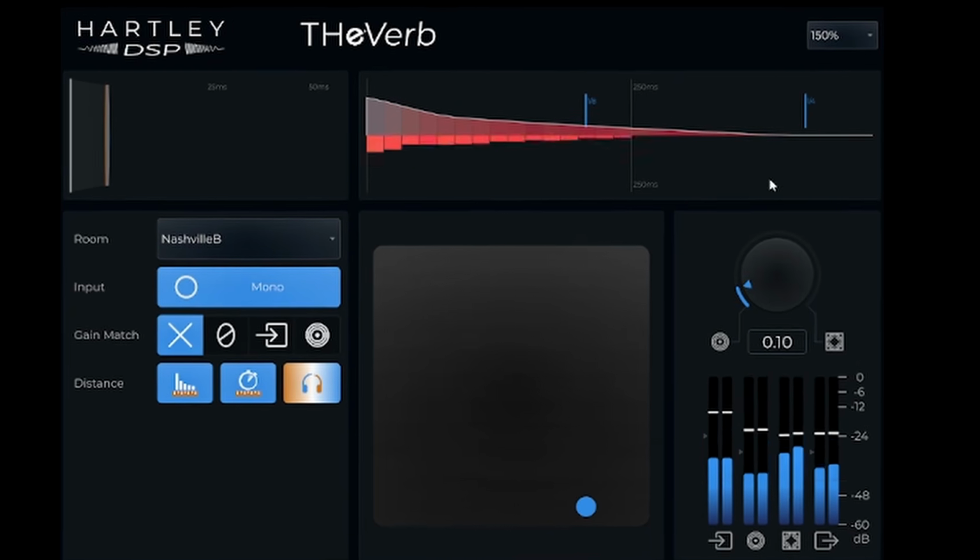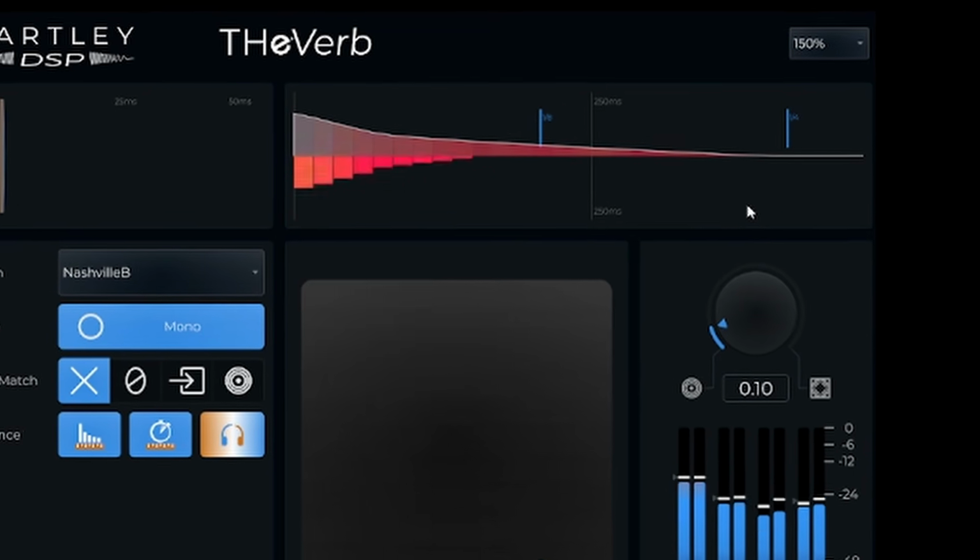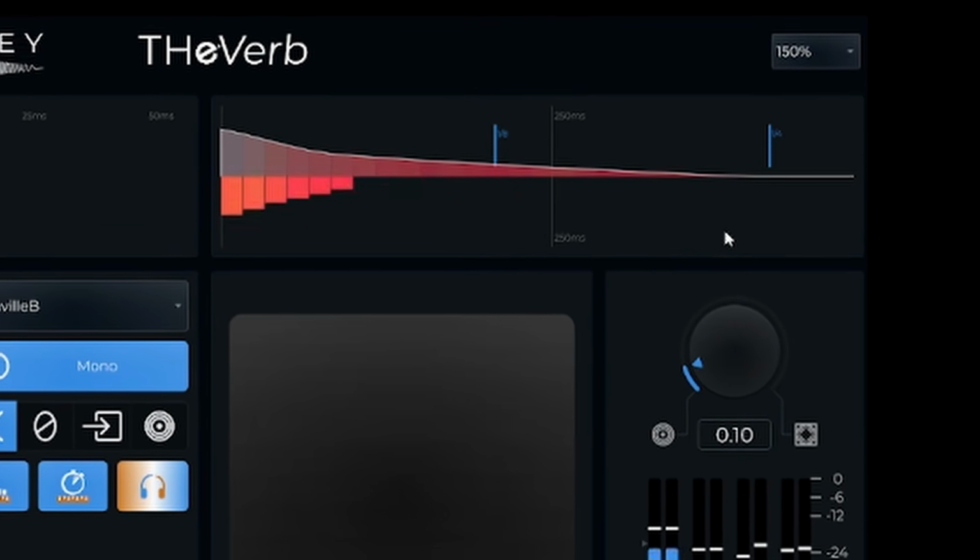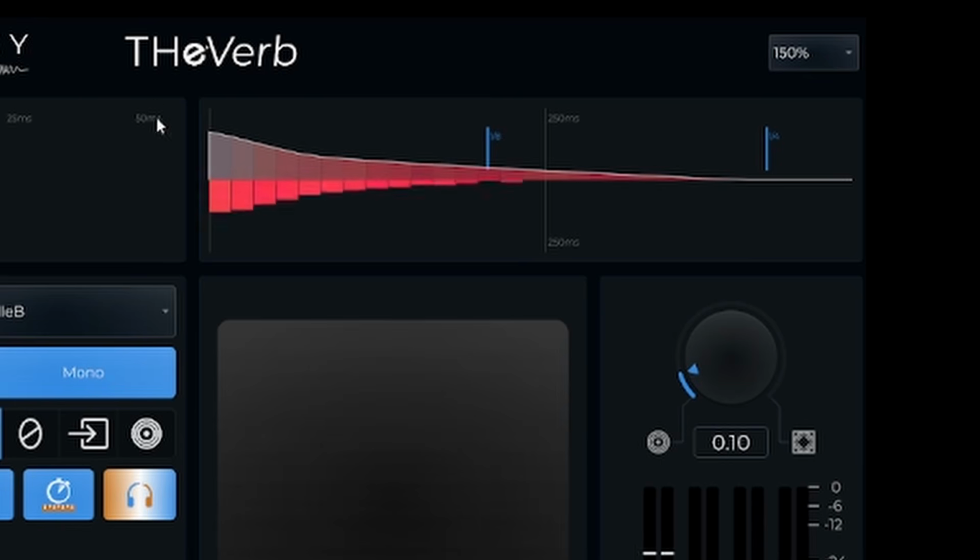So in the top right here you can see an indication of the room sound. So this is how the sound gradually fades away after it's made. It takes a few seconds for those sound waves to bounce around, hit all the walls, get absorbed by some of the walls, reflected by some of the walls, and those sounds then come back to our listener eventually. But most of the sound we get is from the first few reflections, some of the sounds being absorbed, and